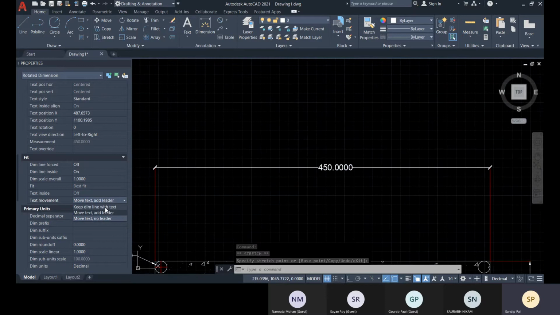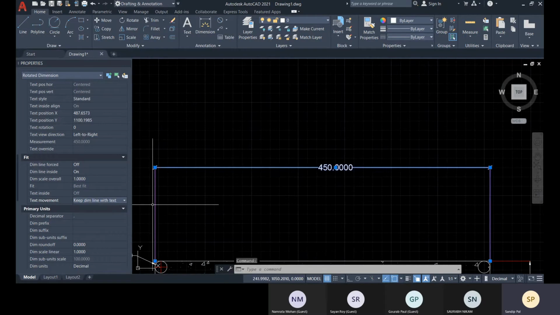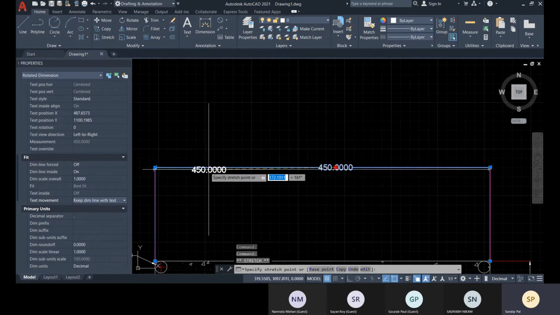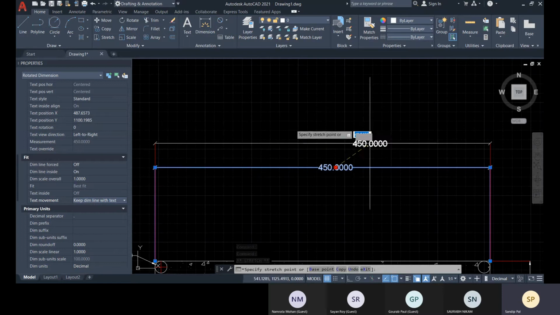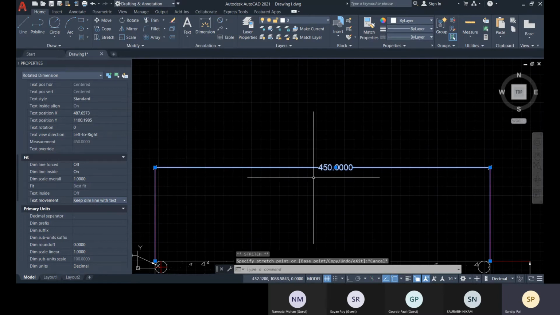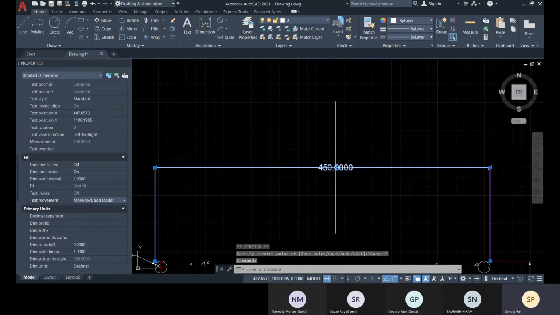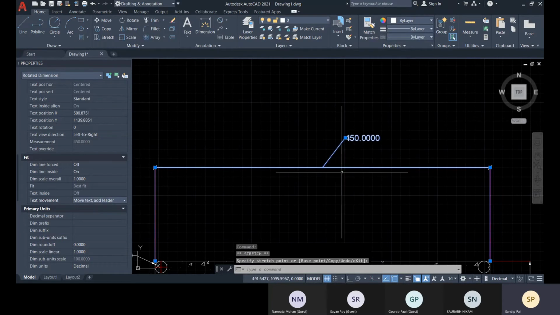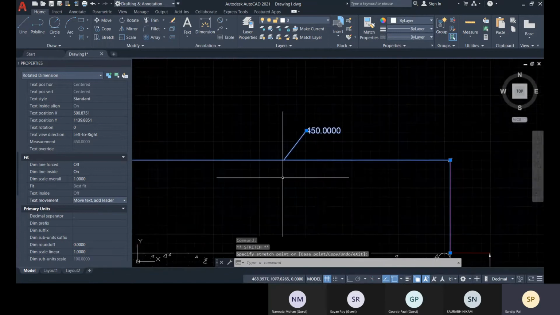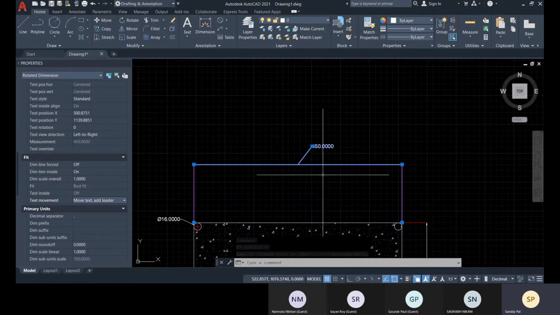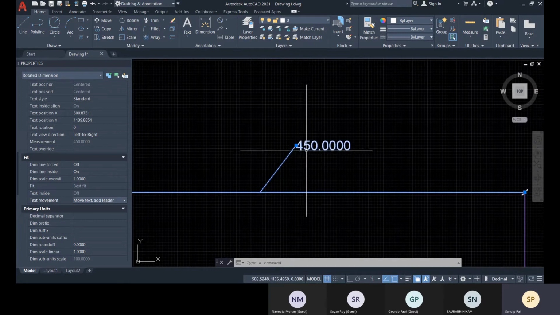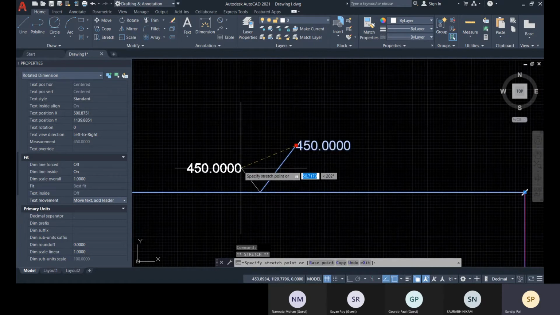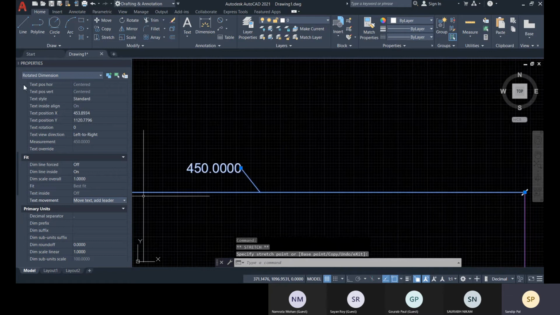Okay, so generally we keep dimension line with text, so when we move, it will move according to this dimension line, or it will move along the dimension line. So you don't want that, so for that go with move text and add leader. So there is close dimensions. Okay, there are two or more dimensions very closely placed, so for that you do it this way. All right,